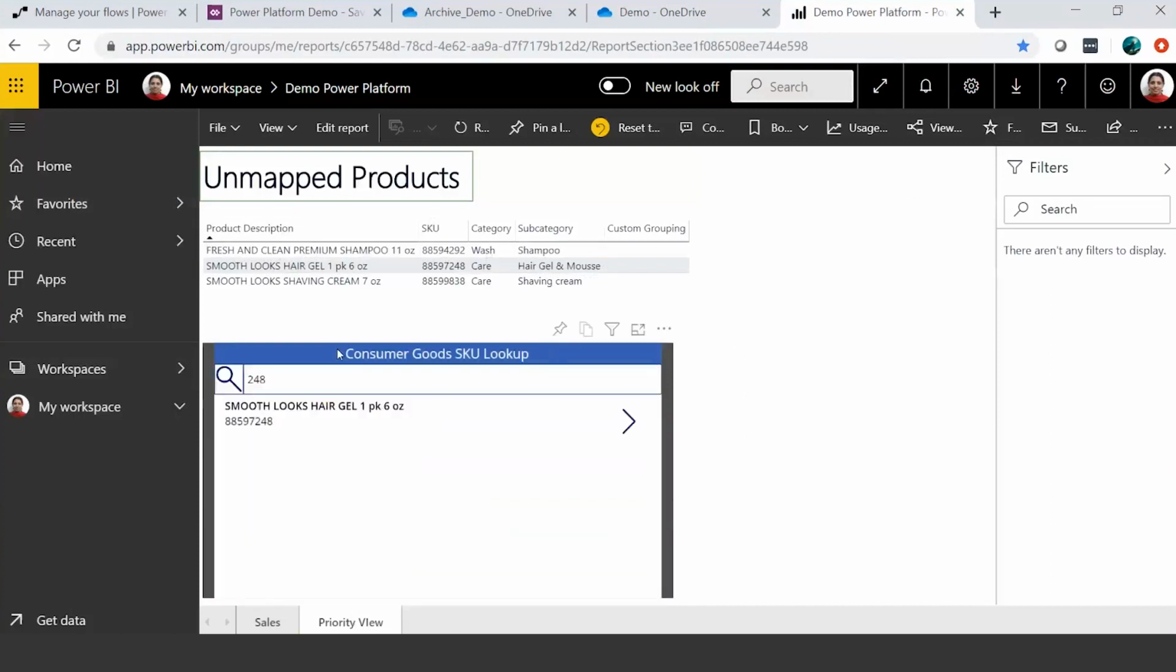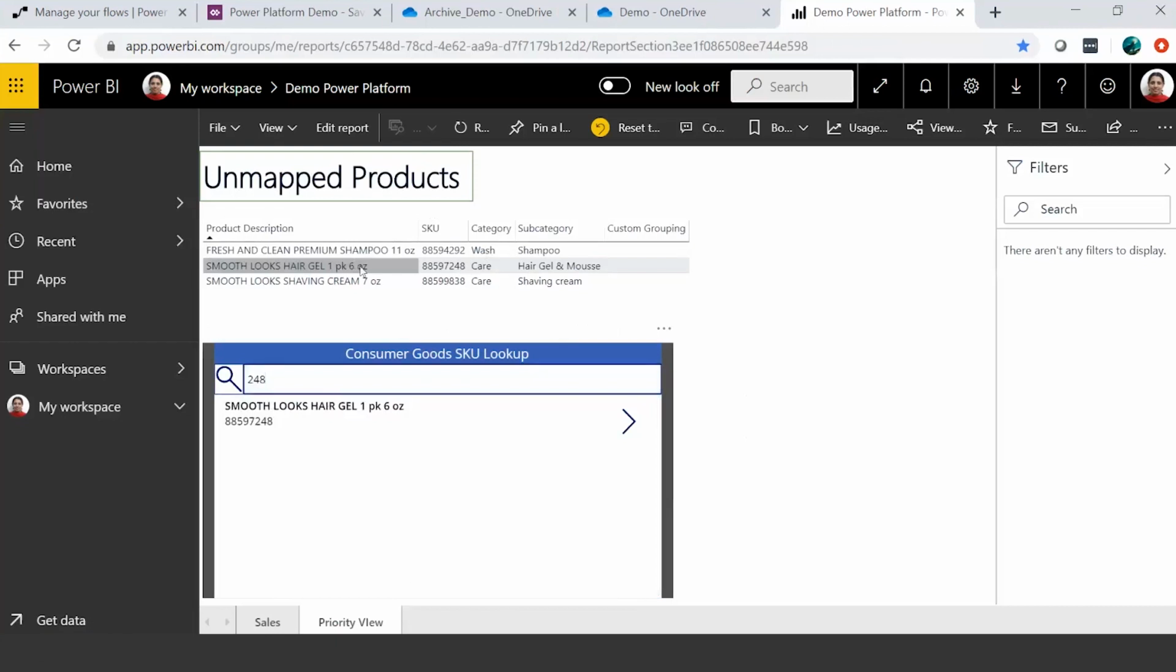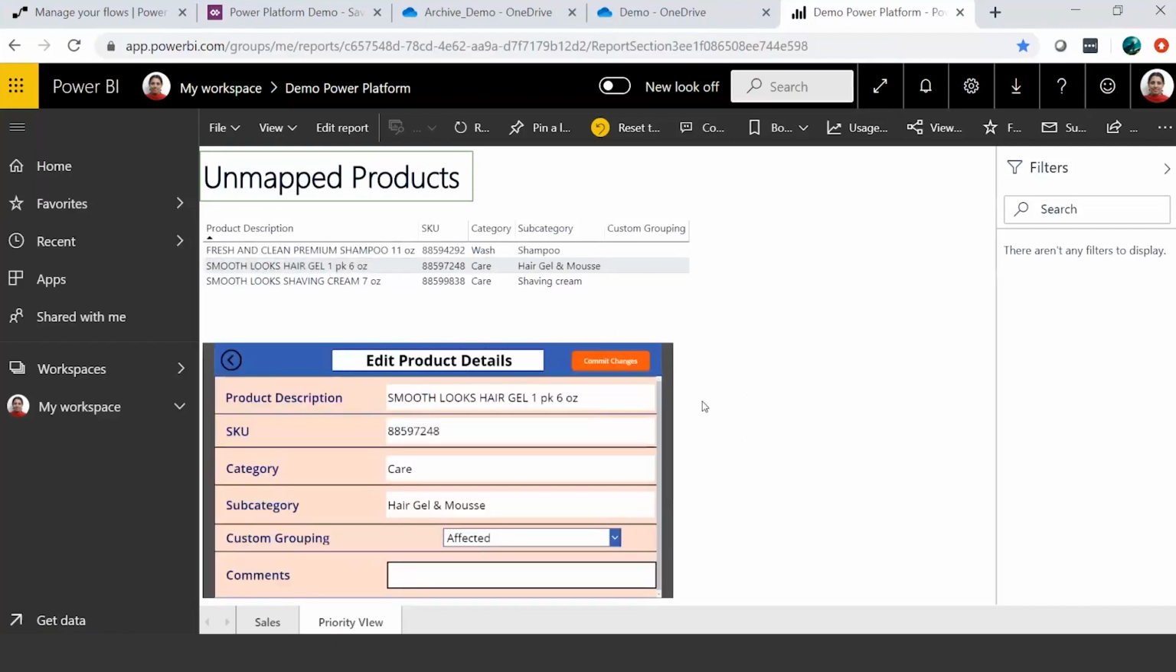What it also lets you do is edit that master data. The one that you see below, which says Consumer Goods SKU Lookup, is nothing but a PowerApps application. I've used a PowerApps visual within Power BI to embed this PowerApp, which I'll show you in a bit. What I'll do here is take 248, the one that's unmapped, the second one in that list. I'll click on the arrow mark, and it takes me to another screen within the PowerApp that I've developed, which shows the details of my